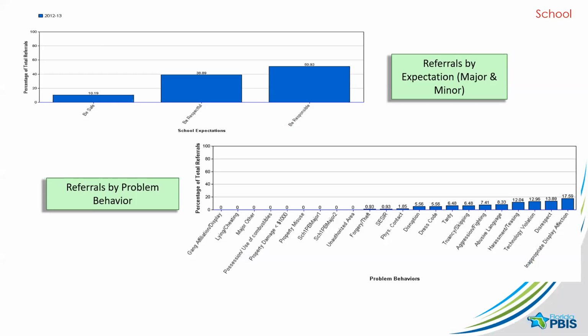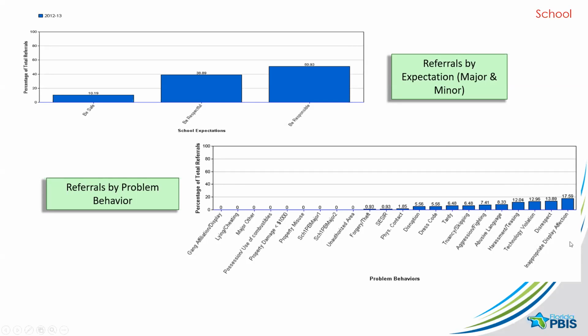One of the first things, of course, is to think about, of all the behavior problems that exist in the school, which of them account for the different school expectations that we have. So if we know that the majority of our referrals, about 50% here, are specifically linked to our expectation around being responsible, that could lead to an action step where we decide to reteach for everyone in the building what it means to be responsible and provide more direct and explicit instruction and performance feedback to help students to better align with that expectation.